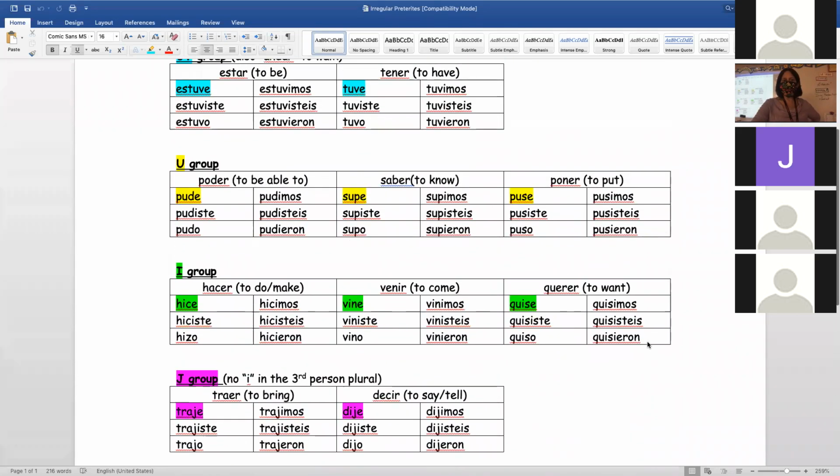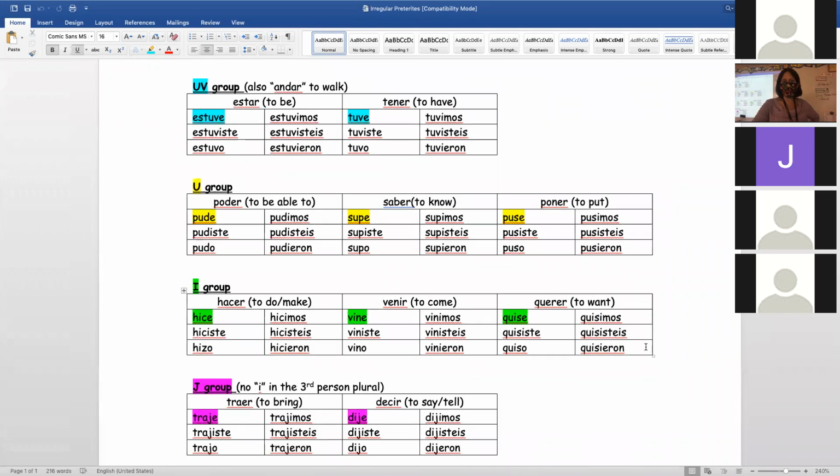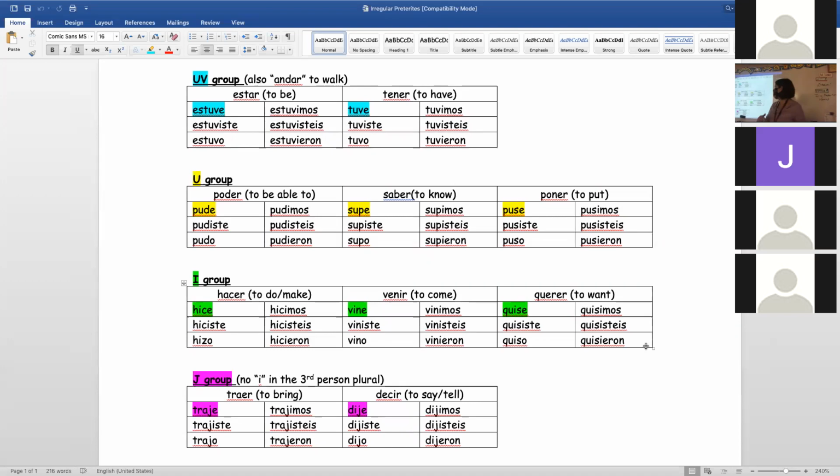All right, our main focus this whole week is going to be these four sections of words. Here's how I suggest you learn these, and then we're going to do a little self check-in to see how you're doing today and tomorrow, and then we'll be ready hopefully by Friday for you to know all of them. I suggest you memorize them by group, and then learn what form. What's highlighted? Not the L form, but the O form. All of these, I have the first one highlighted. That would be the yo form.